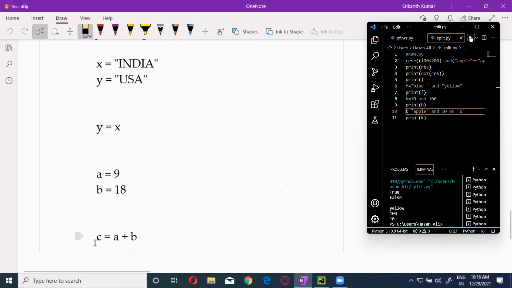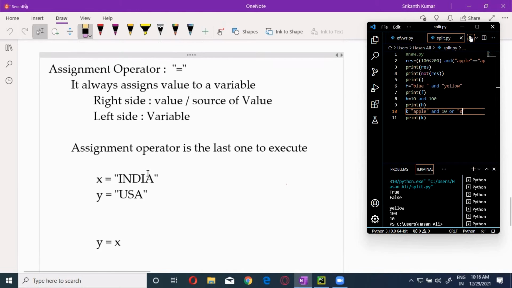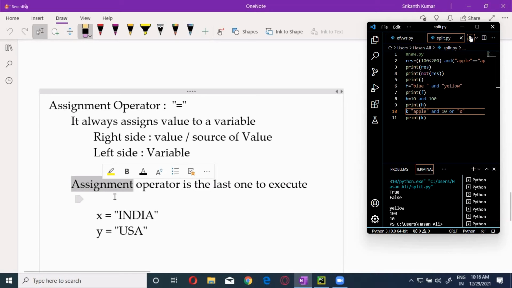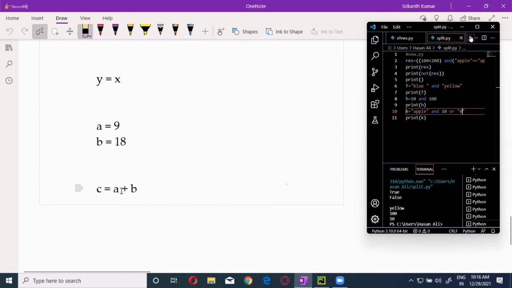Now my question is, why can't this happen first and the addition later? PETMAS. Okay, you are saying BODMAS.